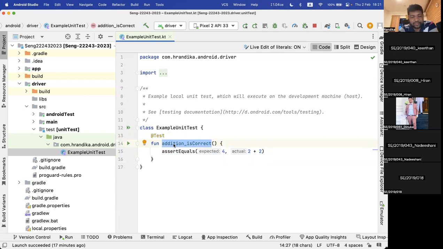It is something that should be able to be read and understood. The method name itself should define what we are about to test. So in here, it says addition underscore is correct. So you guys can see, normally for function names, we don't use underscores. We use camel case, but in this scenario, it's perfectly okay to have underscores between these words, because as I mentioned earlier, the method name itself should describe what we are about to test. And a lot of times, the method names tend to be very long. Okay, so it's perfectly okay to have underscore